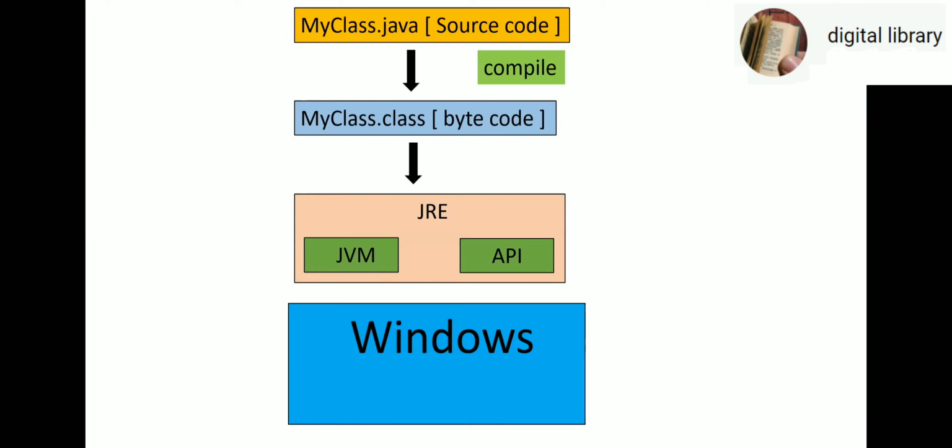What if I want to run the same program on a different platform? Remember when I discussed C and C++, what did I tell you? I told you that you have C++ code which you execute on Windows. Now if you want to execute the same code on Linux, you need to recompile as per that platform. Since you need to recompile as per that platform, C and C++ are called platform dependent languages. Now so far in Java, we have compiled code and executed it on Windows.